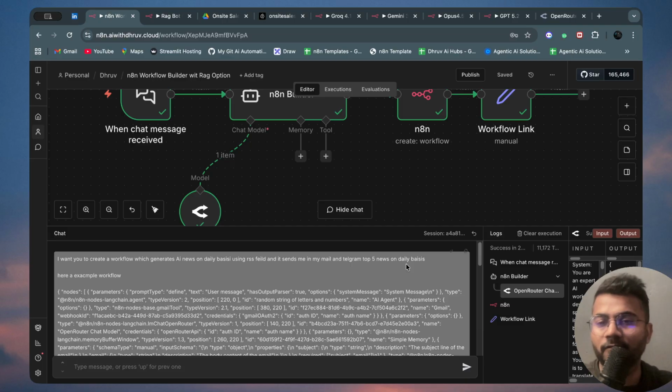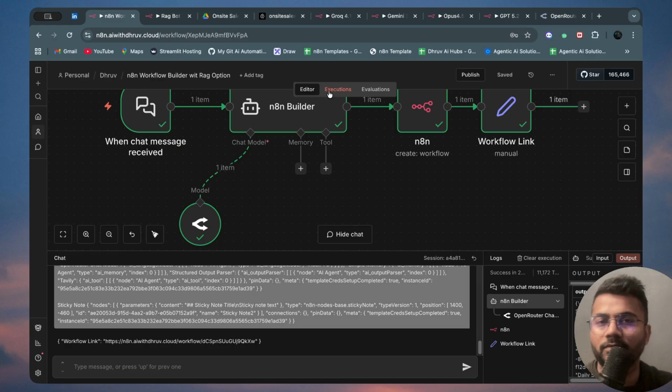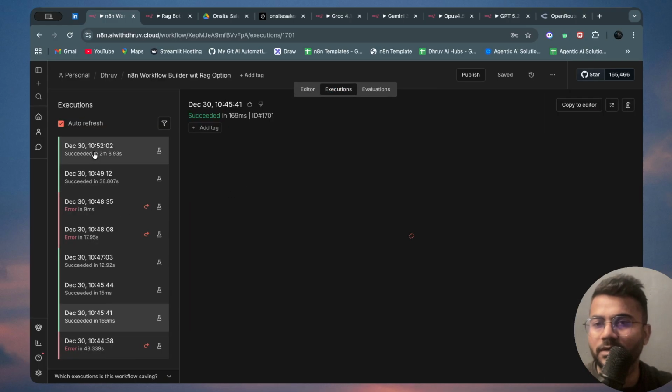Here is the example workflow. I have given an example workflow so it can understand how I need it, and here is the result in just 1 or 2 minutes. If I show you the executions for all the workflows, I have tested and tried with different models, because that's important. So let me show you. Once I go to executions, here you will be able to see